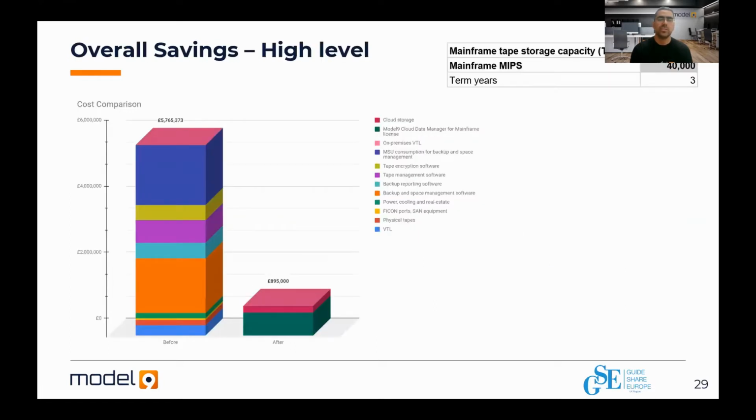So Dan, I'm going to let you go over this slide. Thank you. So this is an example from this customer and cost comparison between the traditional approach and the Model 9 solution. As we said, we are a data management software.